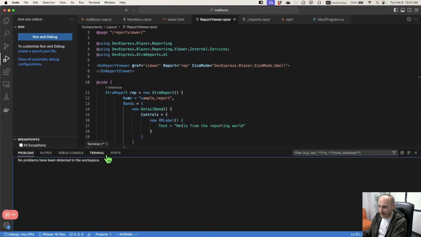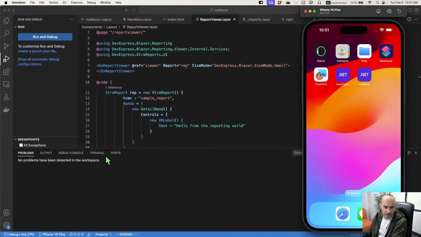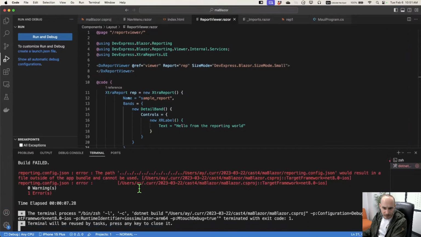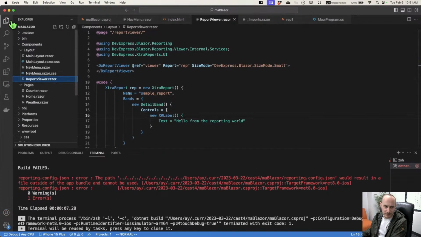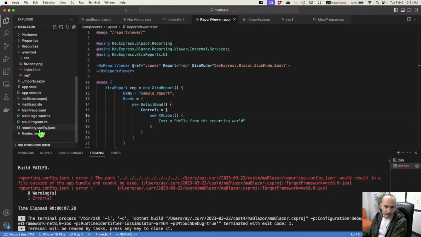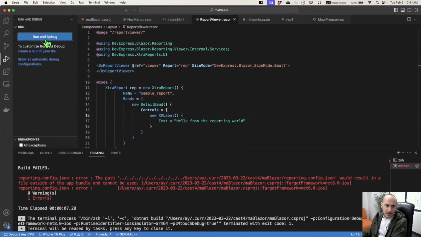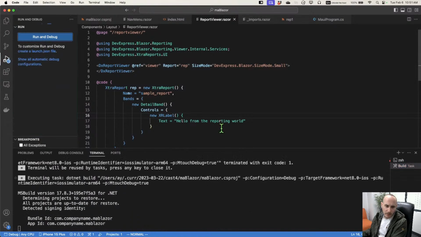So let's go ahead, head into the simulator, and the path. Oh yeah, there's also this config file is in the wrong place. I mentioned this before, but if you're relying on this, and I guess in my case, my report thinks I am relying on it, it needs to be put in the main location where my WebAssembly assets live. But yeah, I need this in the location where the WebAssembly assets do live. And let's go ahead and run and debug one more time. So this is the same thing as .NET restore and then